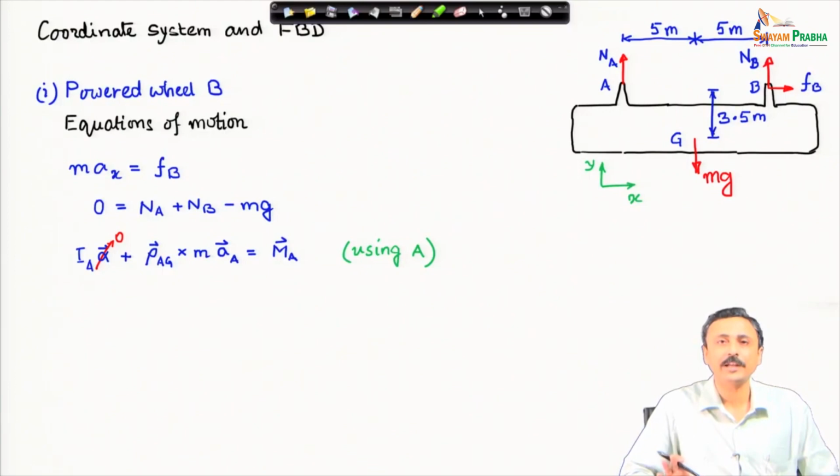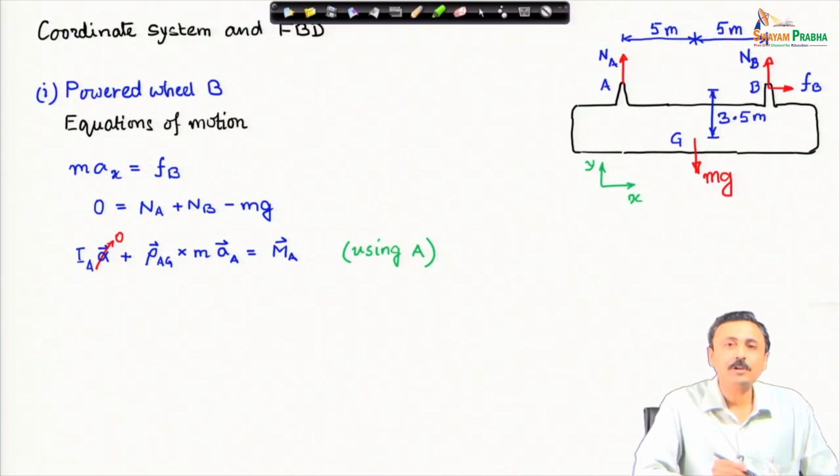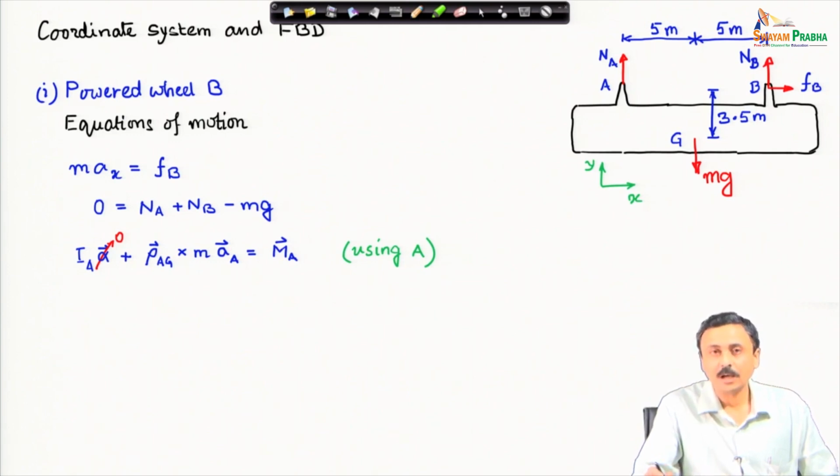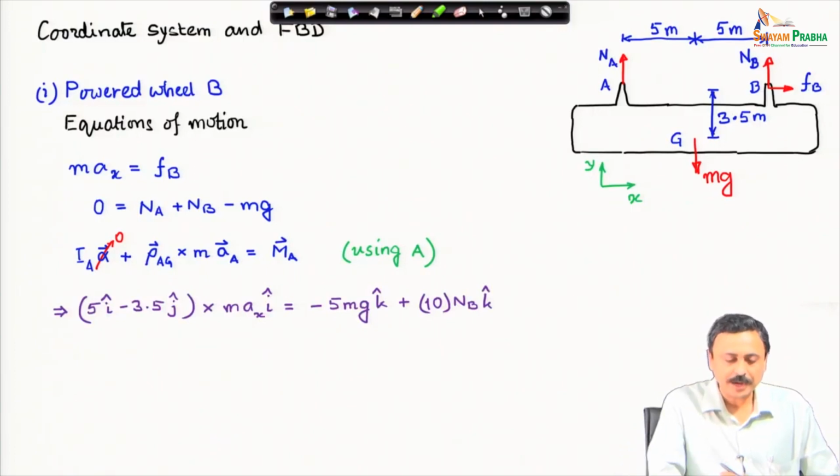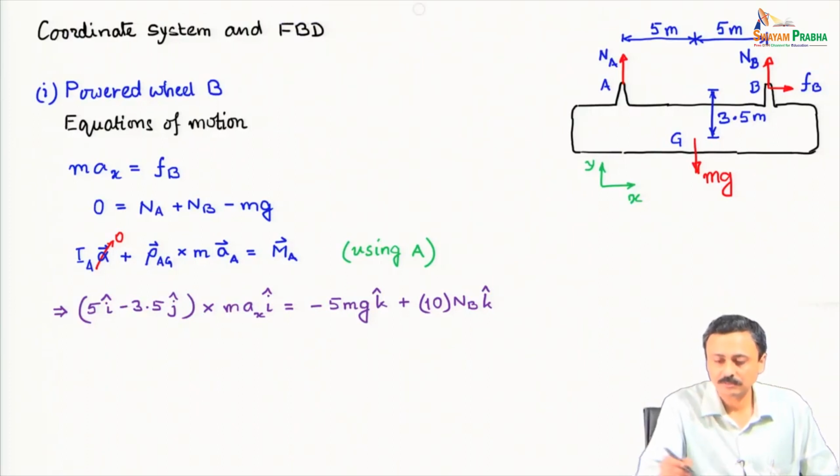Therefore, I have to essentially calculate F_b and N_b, and all these calculations are geared for that. F_b I can calculate from the first equation of translational dynamics, and if I write the rotational dynamics equation about point A, it will not have a moment contribution from F_b, because the moment arm is 0, and it will involve only N_b, and I can solve for N_b from here. Now, I have to find this vector rho_AG, which is this vector,